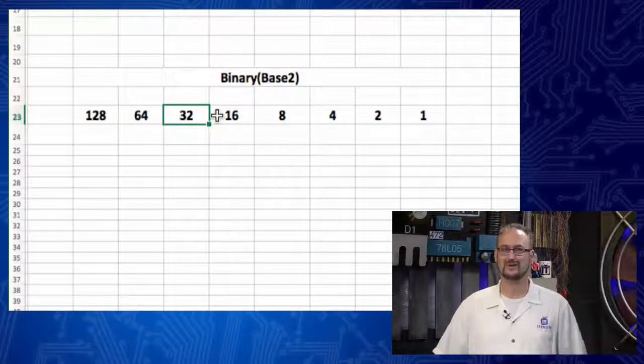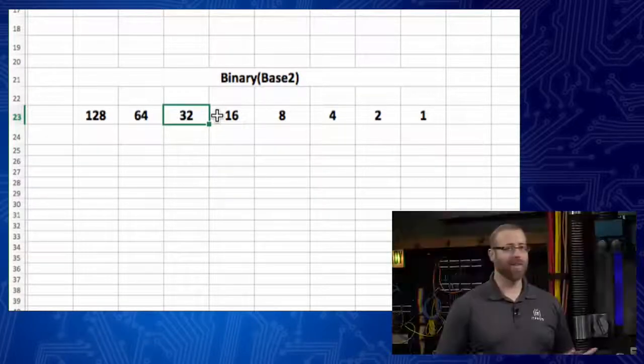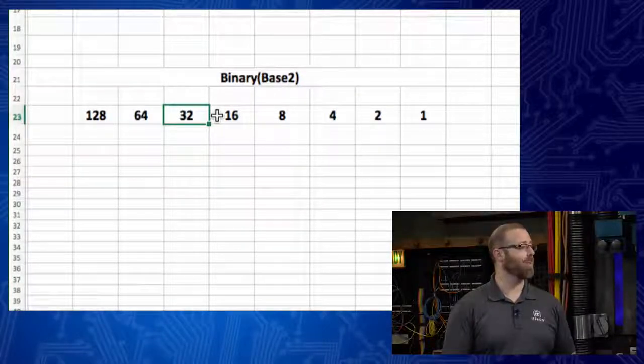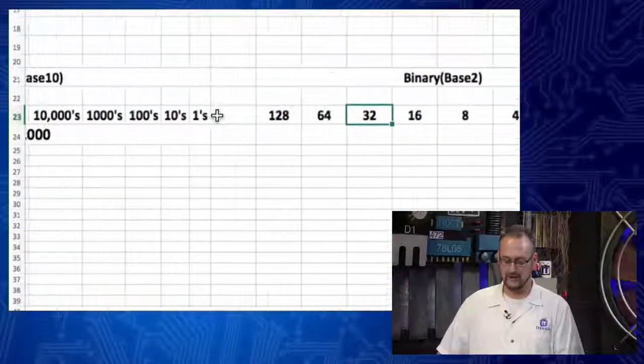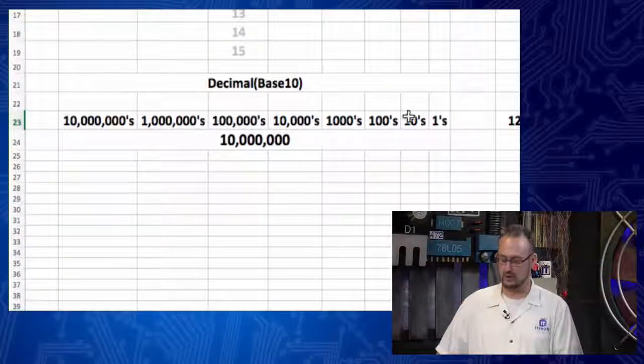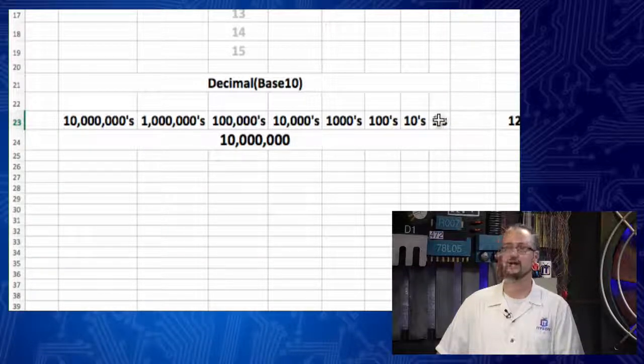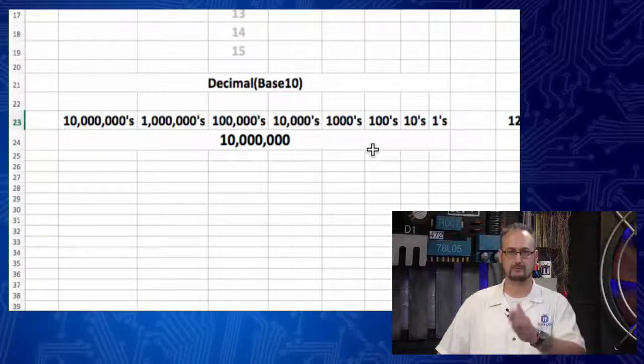What the heck is going on here and what are these numbers? Yeah, if you only have a 1 and a 0, how do you get up to 128? That's right. So let's take a second and expand a little bit more on that, Dan. If we look, that's 1 to the power of 0, and next to it, 1 to the power of 1, 1 to the power of 2, and we keep going all the way over.